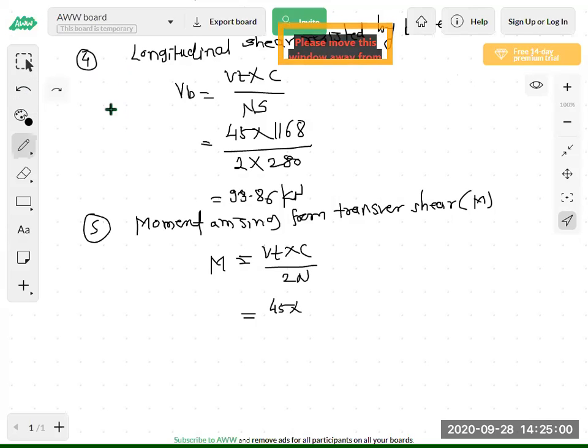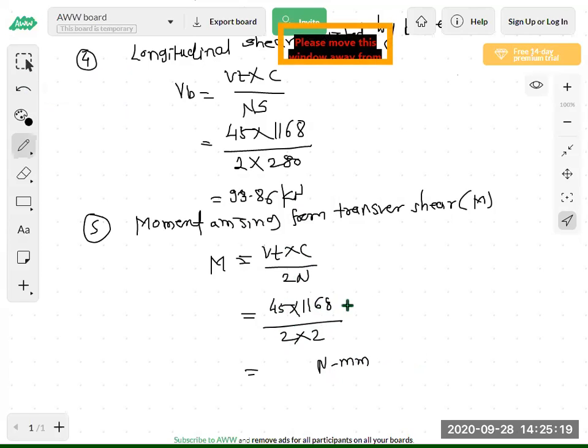C is the here 1168 divided by 2 into 2. So how much moment? It is in Newton. Sorry, C is in mm. We have to convert into